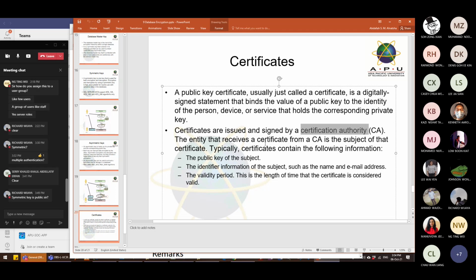The entity that receives a certificate from a CA is the subject of that certificate. Typically, the certificate contains the following information. It will have the public key of the subject, the identifier information of the subject, such as the name and email address, then the validity period. This is the length of time that the certificate is considered valid. Now, notice one of the unique things about certificates is that usually we provide a specific time. That means they are not generic. In general, the recommendation is always to have an expiry time